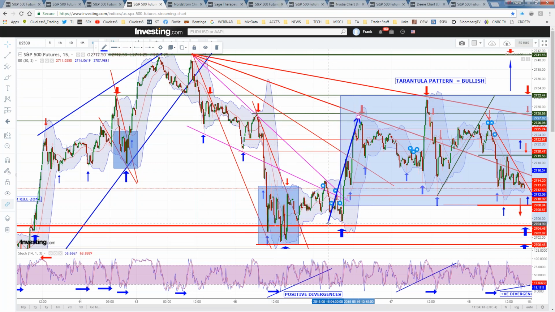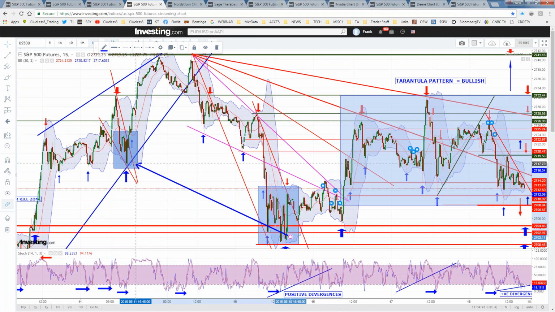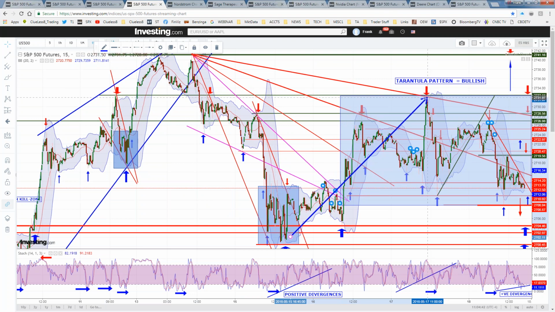This was the weekend, and then this is what happened, but exactly from that level. This is the same level, same pattern that I detected. Difficult for others to detect, but hey, that's my job. I saw positive divergences down here. That's why I wrote it. And it went there. Once it went there, it pulled back. Bang! It went straight up, hit a major downtrend line at that 2732 level, and then created a